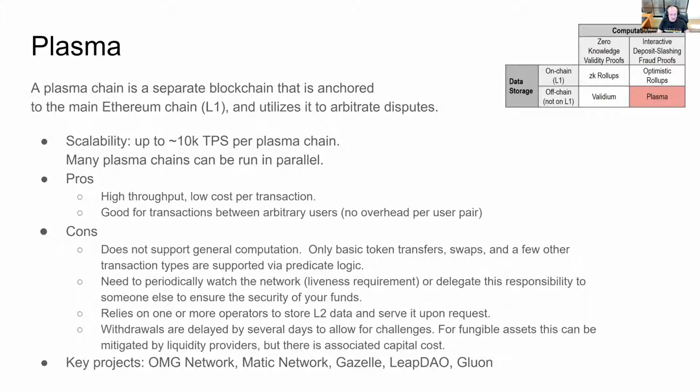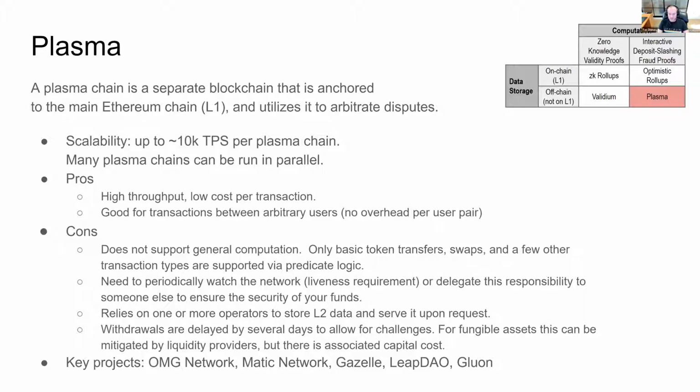And then finally, there's this thing called withdrawal delay. So if you want to take your money out of a plasma network and withdraw it back to layer 1, you need to wait a few days to allow for challenges. This is because it uses a cryptoeconomic dispute mechanism, and you have to wait for challenges to occur. So there's a configurable, but typically several days or even a couple of weeks delay before you can completely withdraw your funds to layer 1 and use them on layer 1.